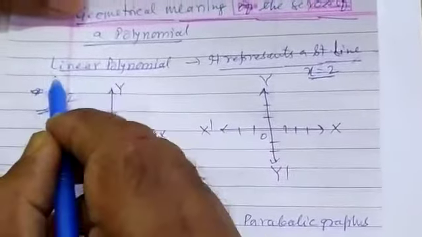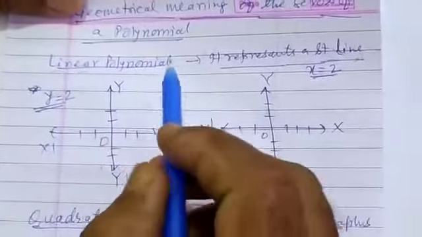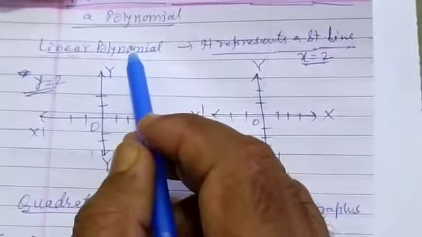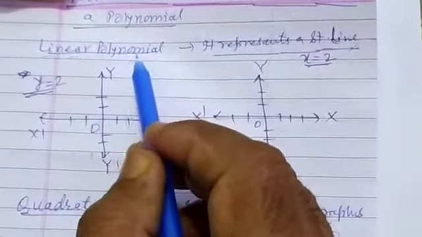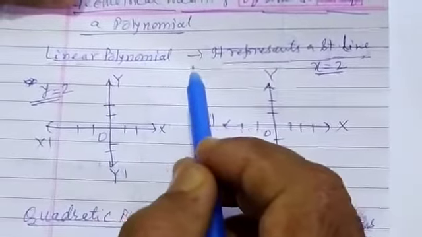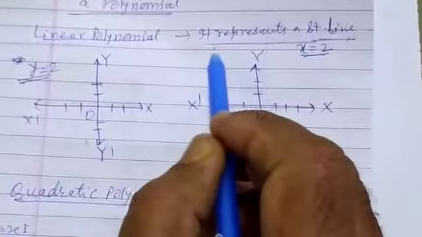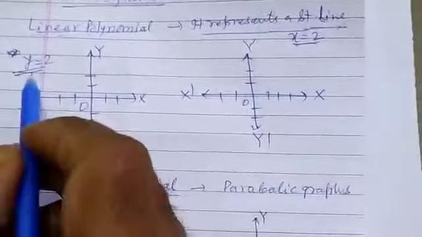First of all we will discuss linear polynomials. A linear polynomial is a polynomial where the degree is 1. It means the number of zeros will be either 1 or less than 1, that is 0. The graph of a linear polynomial always represents a straight line. I am taking the graph,